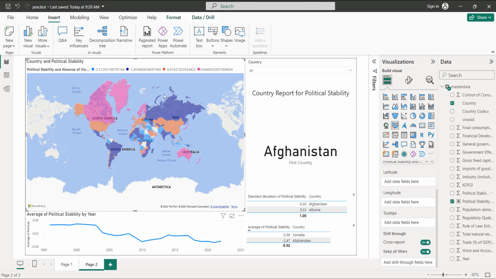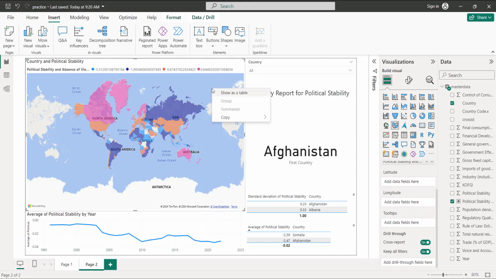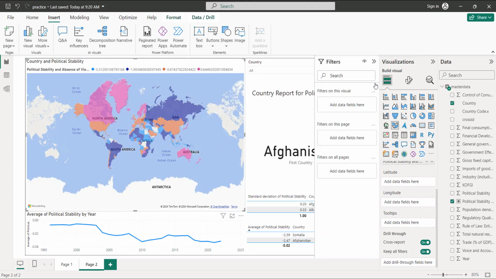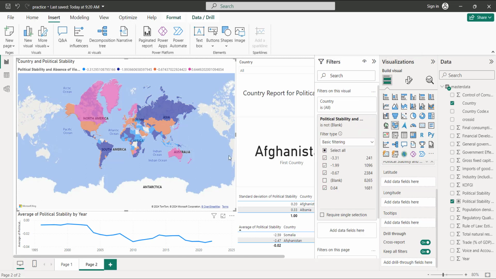So when I edit it, you can see here that if I select the filter command and go in filters, you can note that there are some blanks in the data, so I remove the blanks so that the bins are only talking about the cases where the data has the value. Secondly,